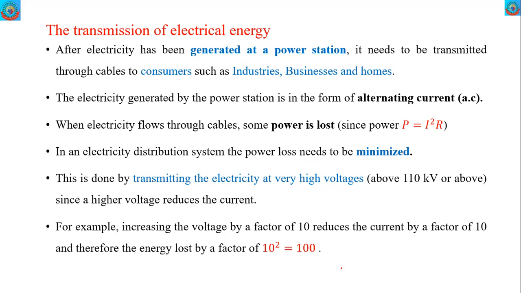Huge amount of electric power will be generated, and how can we transport that from